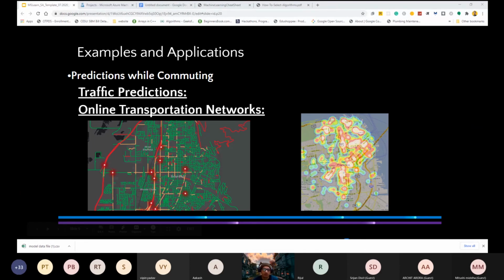Now, ML is also used in prediction with computing. For example, it is also used in traffic prediction and online transportation networks. ML helps to estimate the regions where congestion can be found on the basis of daily experiences. And second, it is also used by the engineers at Uber. They use ML to identify the price surge hours by predicting the riders' demand.